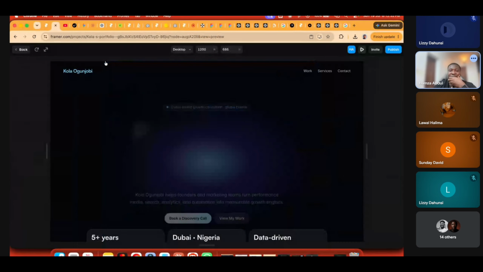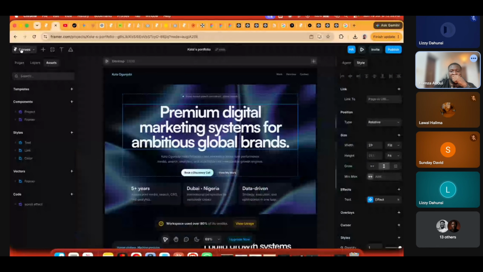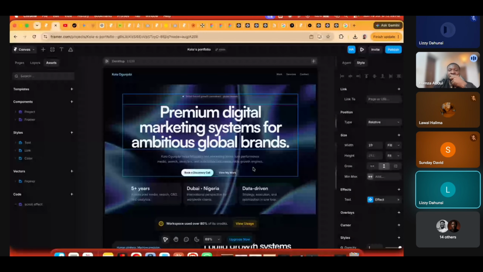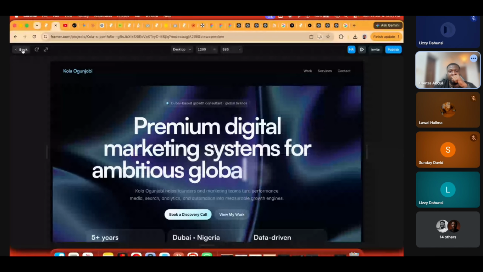Let's see how that looks. To preview it, you see this plus button at the top. You can click on this plus over here, and it will preview it. They are the same thing.